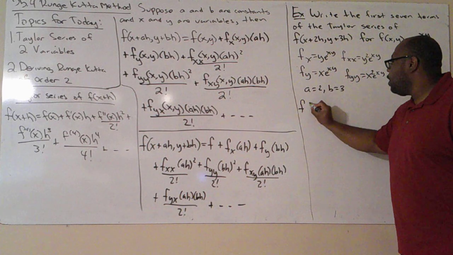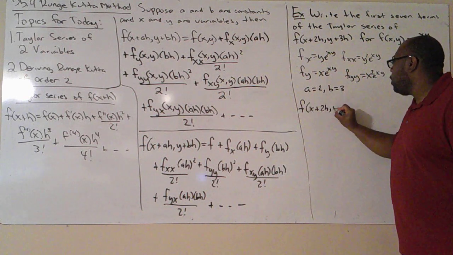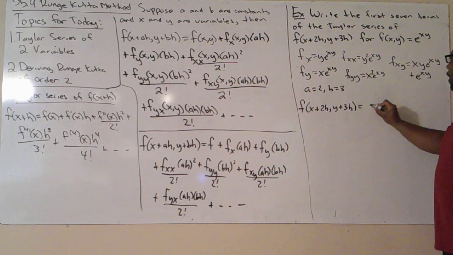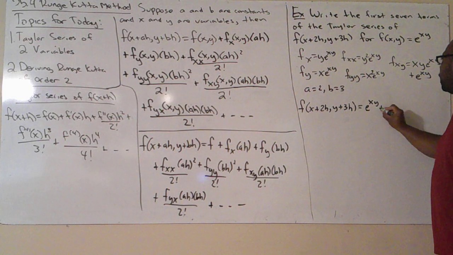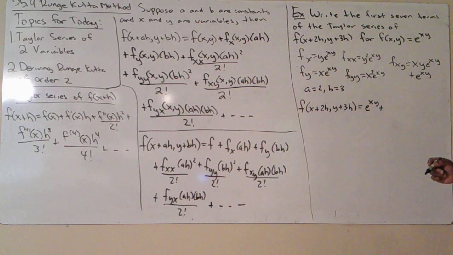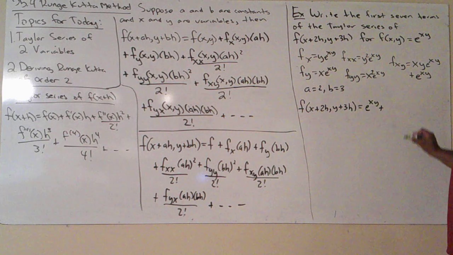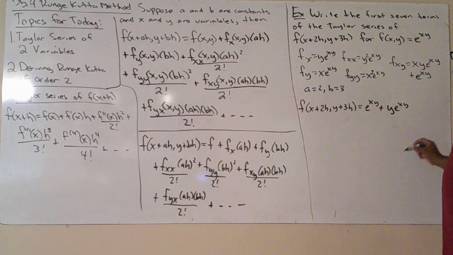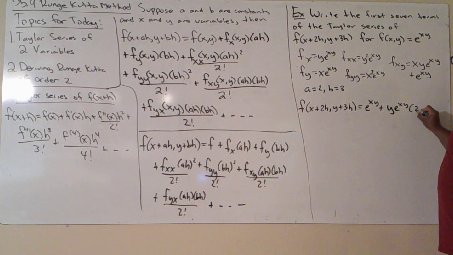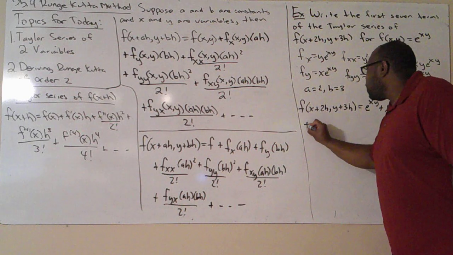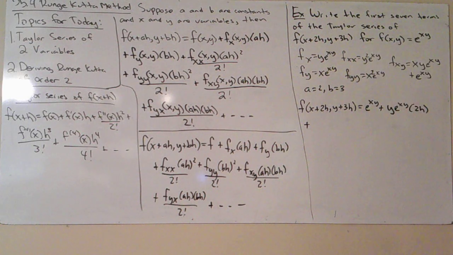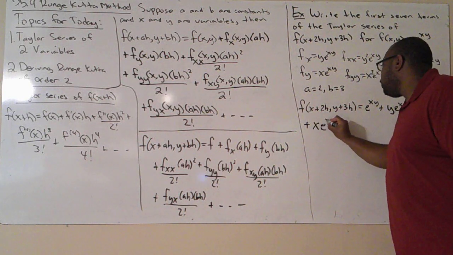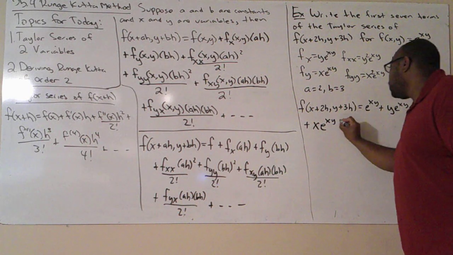So we have F of x plus 2h, y plus 3h is equal to, I have F, which is e to the xy, plus the partial derivative of f with respect to x, which is y e to the xy, times a h, which in this case is 2h, plus the partial derivative of f with respect to y, which is x e to the xy, times 3h,